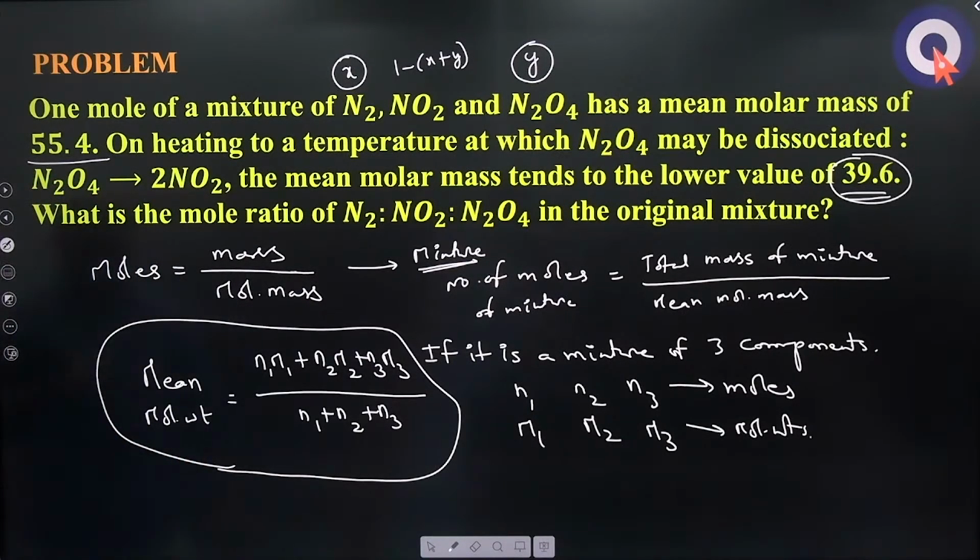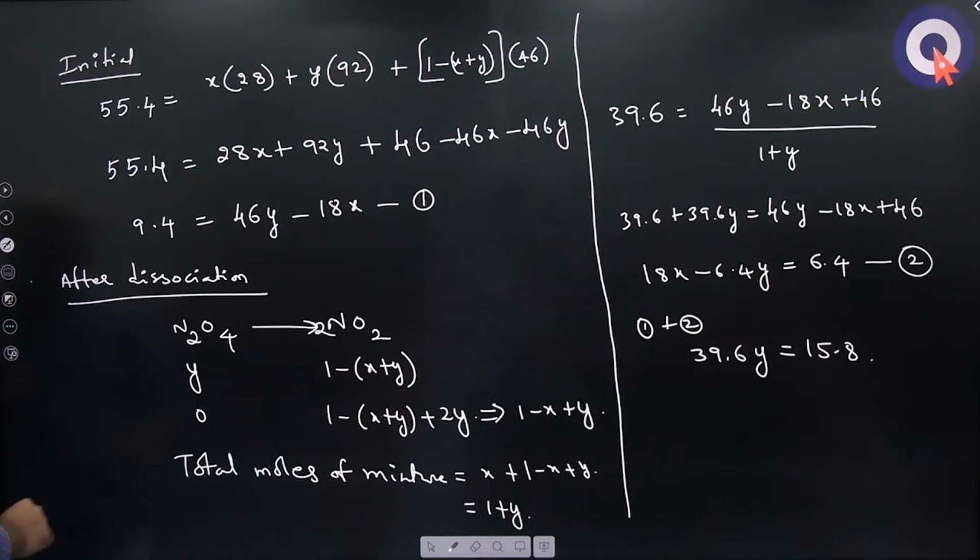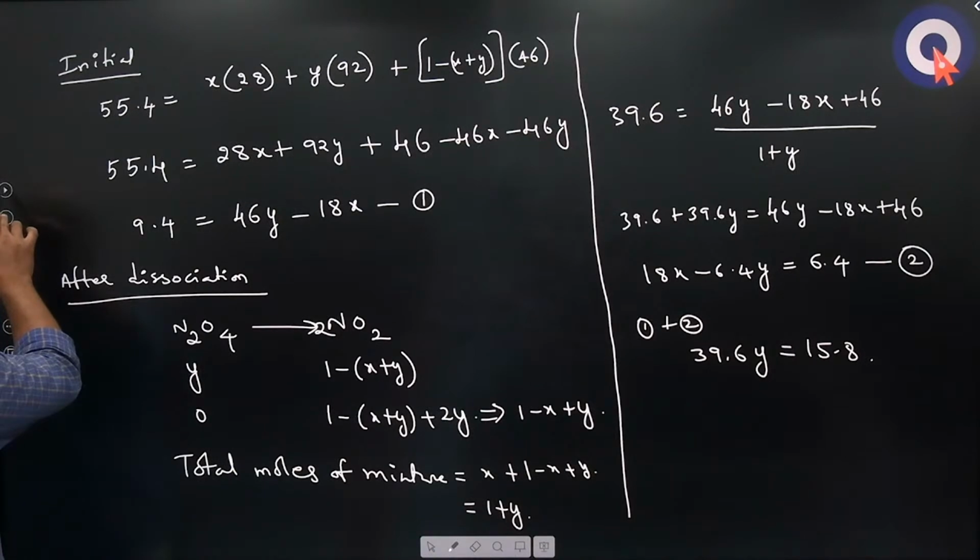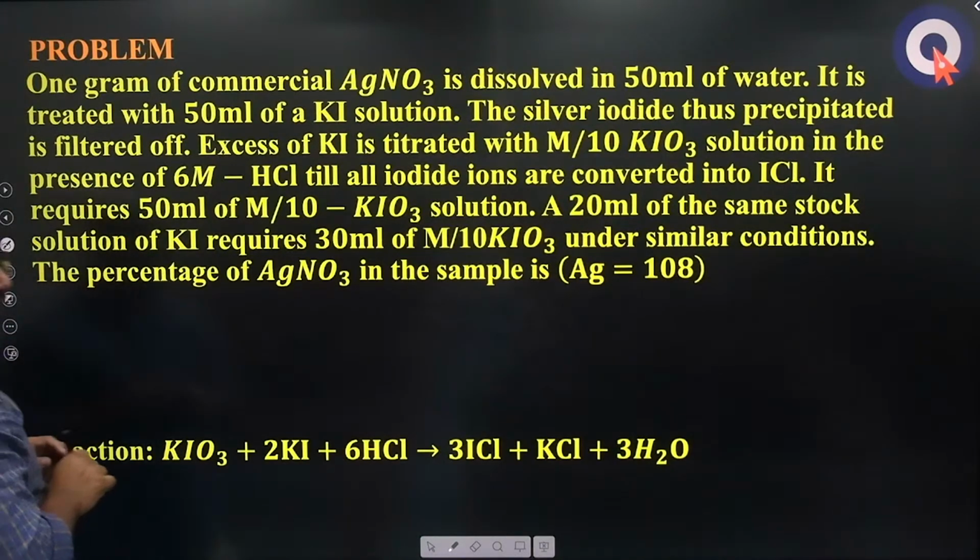Okay. So we'll just go with the next now. Solve this Y value, then substitute in that, then get an X value, then you can get the relation or the ratio. Next,